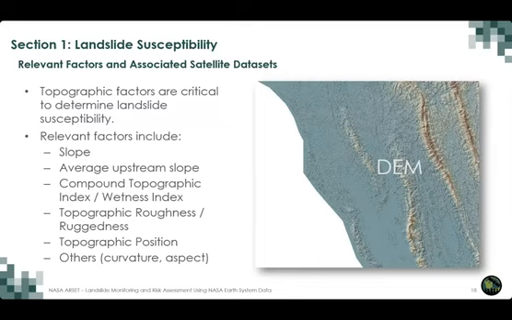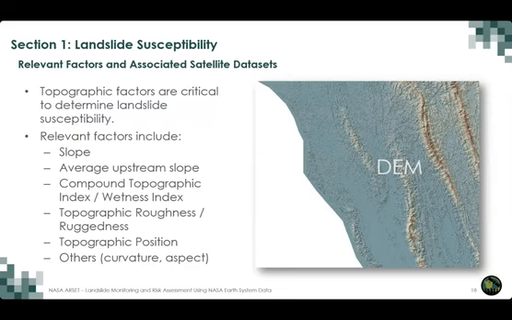And all of this can be characterized using digital elevation models. There are other characteristics, things like curvature or aspect of a slope. Aspect in particular may be relevant for landslides in locations where freeze-thaw weathering may be involved, because those are the slopes either facing north or facing south, where there's a predominantly increased amount of freeze-thaw cycles in some parts of the world. Those may also be places where landscapes are likely to have increased landslides because of reduced strength of the rock. So again, there's lots of different elements we can incorporate, but ultimately at the core of all of these is